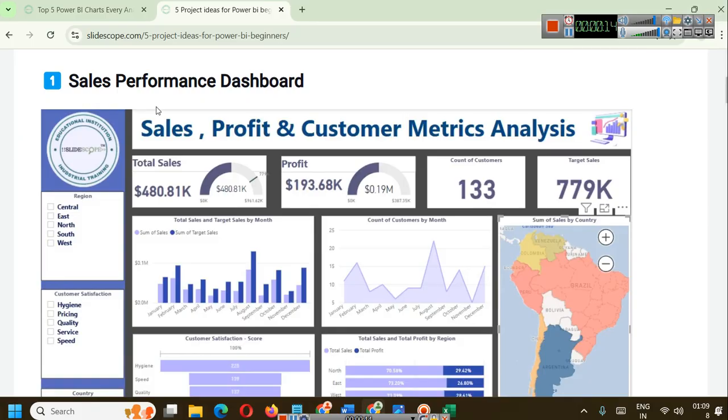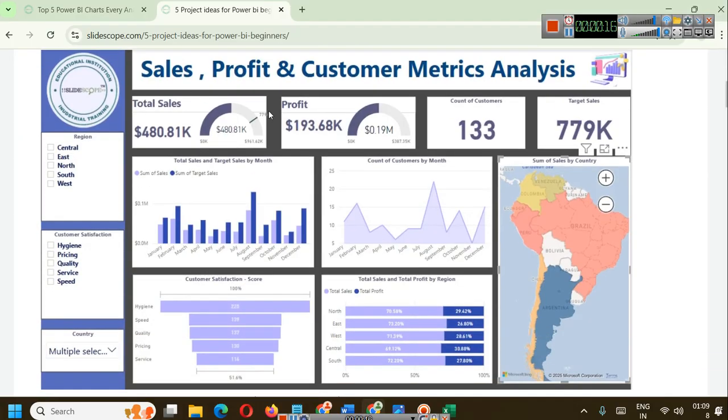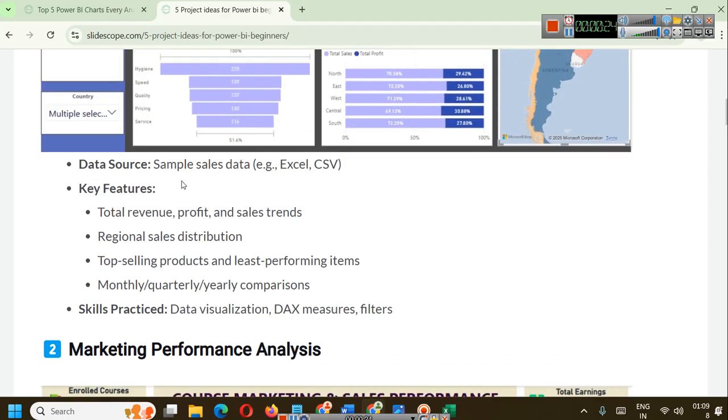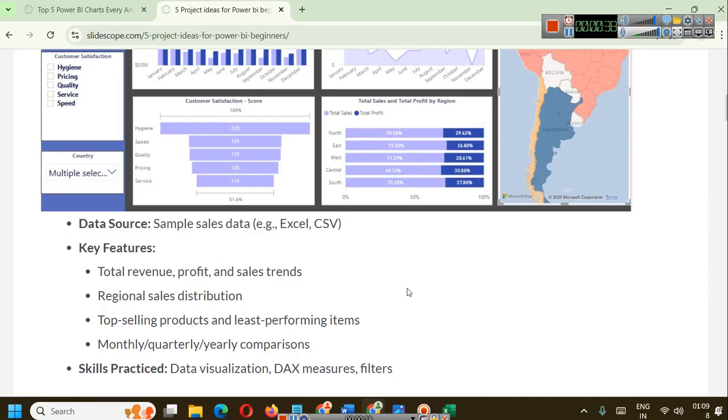First is sales performance dashboard. You can build a sales, profit and customer metric performance dashboard like this. You can use data source such as sample superstore data set. It can be in an Excel or CSV file. The data source, we will provide you a sample data source, or if you are working with a company, so